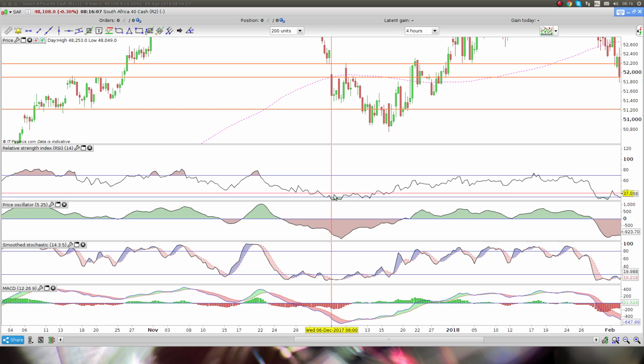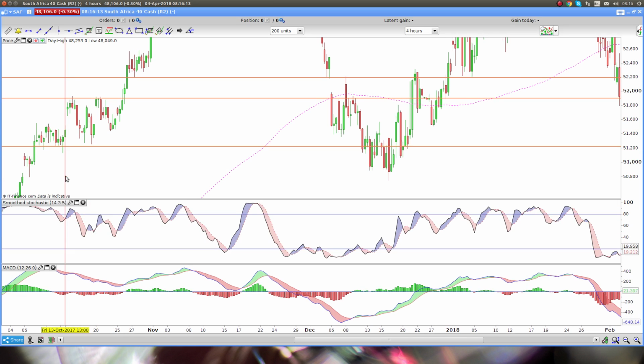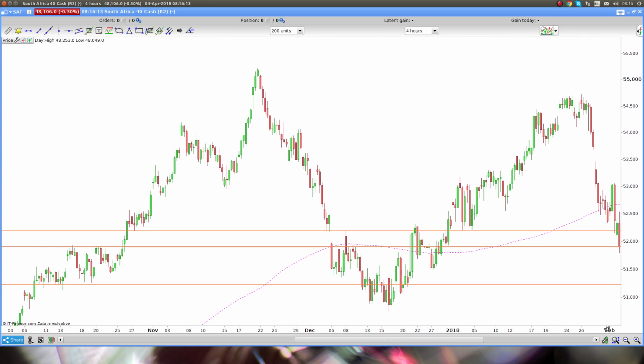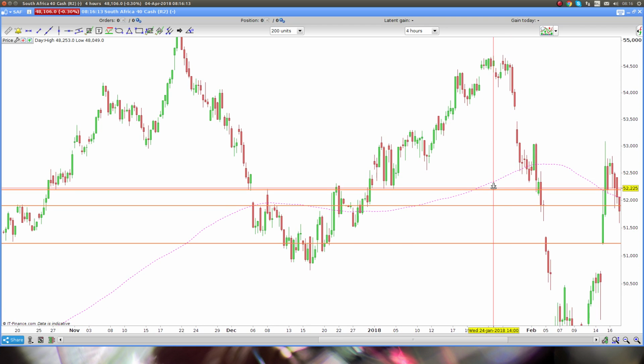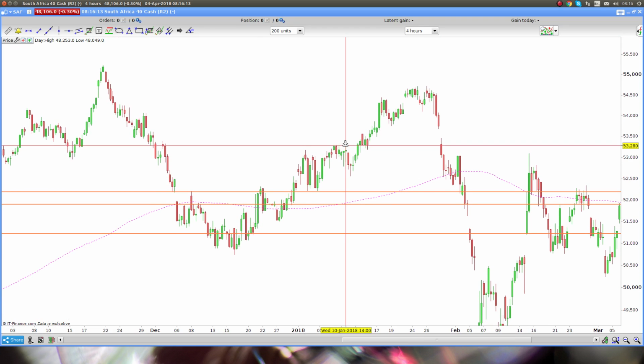So yes, indicators do help you to confirm what is happening, but they are lagging. So the reality is I focus on price action. Now, market conditions are always changing, and we're just the little retail traders who are trying to hop on the bus that the big institutions are creating.